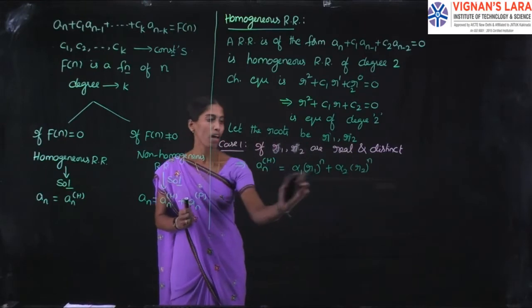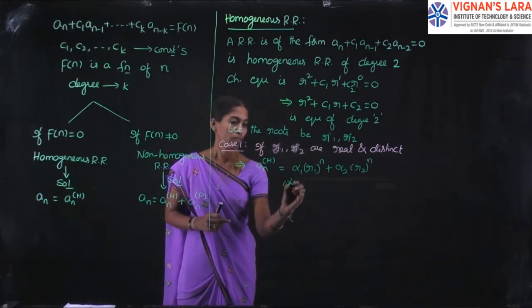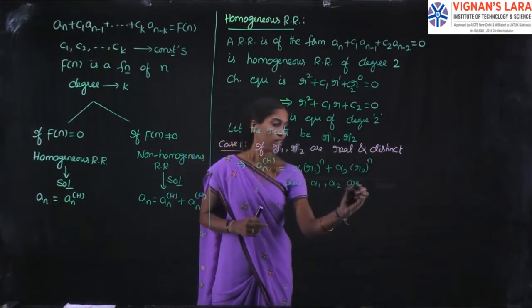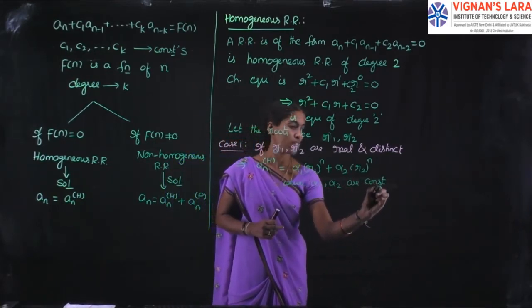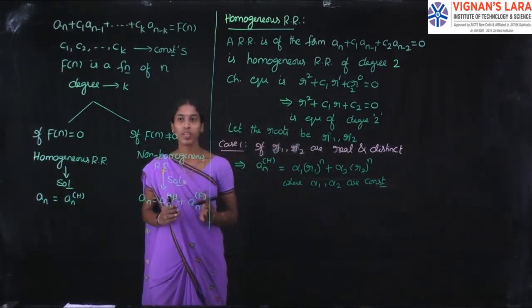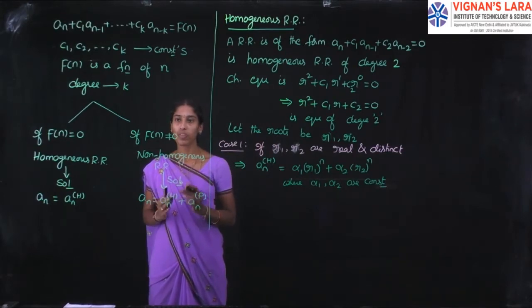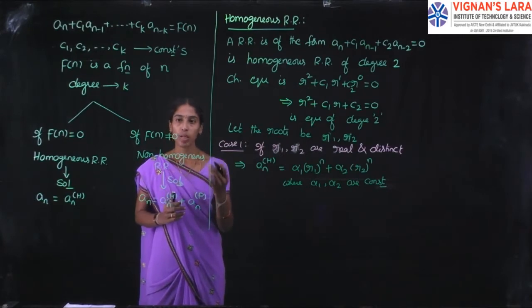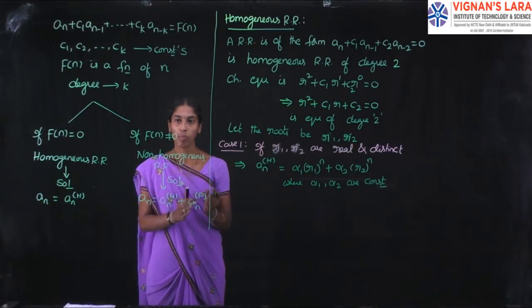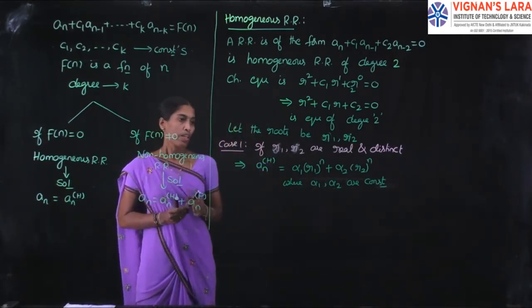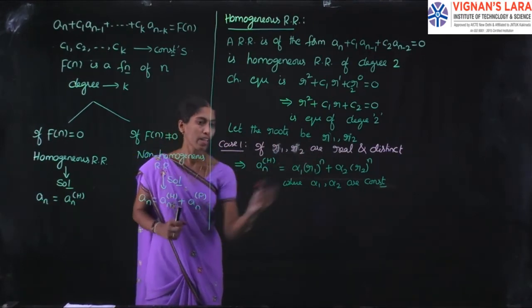Here alpha 1 comma alpha 2 are arbitrary constants, right? It is similar to differential equations, unit 2. There also, if we have 2 comma 3 as roots, then y_c is equal to c1 2 power n plus c2 3 power n. Instead of taking c1 comma c2 as arbitrary constants, here we are taking alpha 1 comma alpha 2. Here we are discussing the real and distinct case.